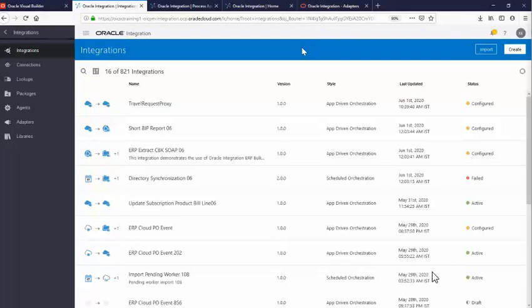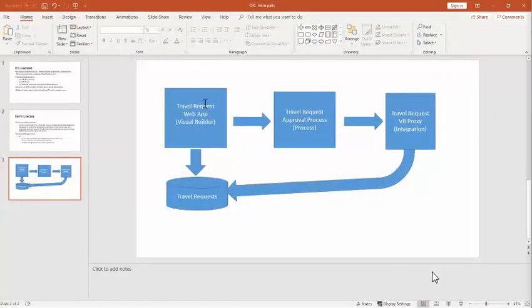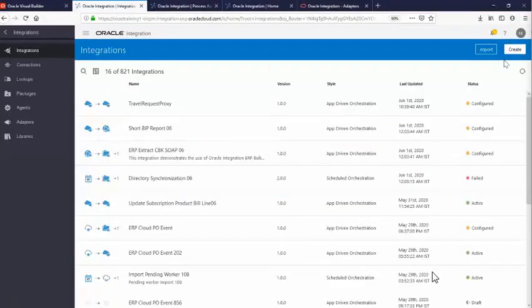So what we wanted to do here, as per our architecture diagram, is we have a Visual Builder, we have a process, and we have an integration. This integration is responsible for updating the status of the travel request. So what we will do is create a proxy integration within the integration component which will persist the travel request into the Visual Builder database. So I'll go and create